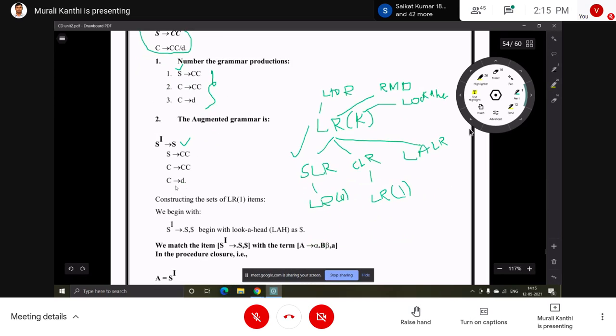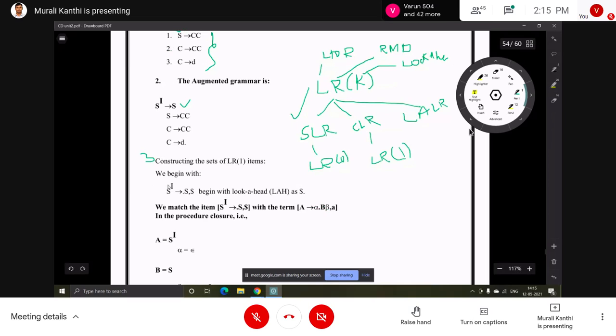So this is the second step. Then what is the third step? Constructing the sets of LR(1) items. Here we have to add the closure function and the goto function in order to find the LR(1) item sets. That is the third step.